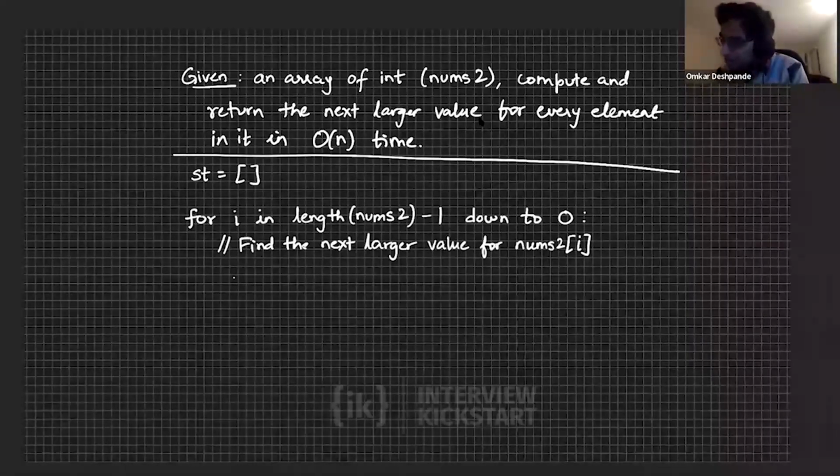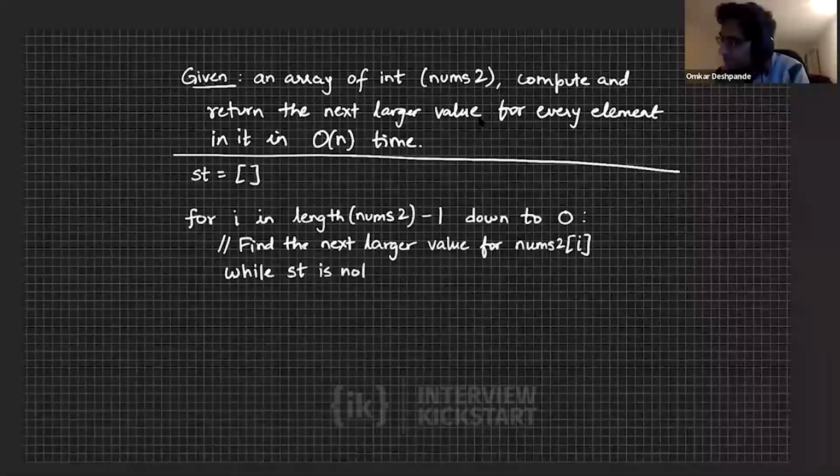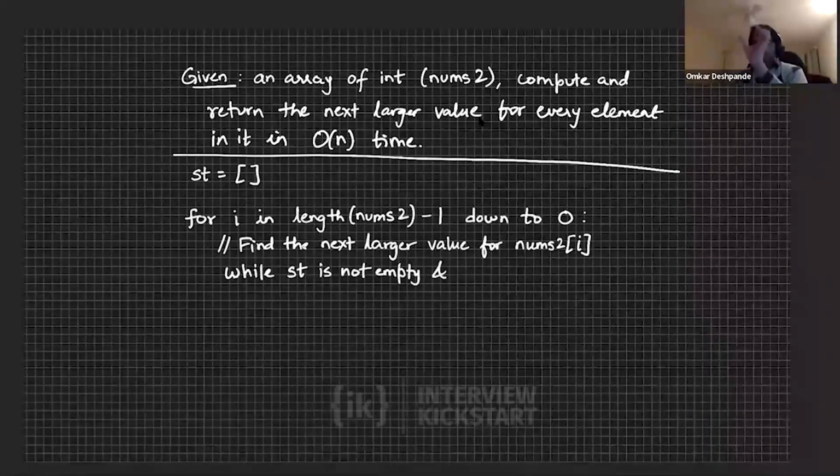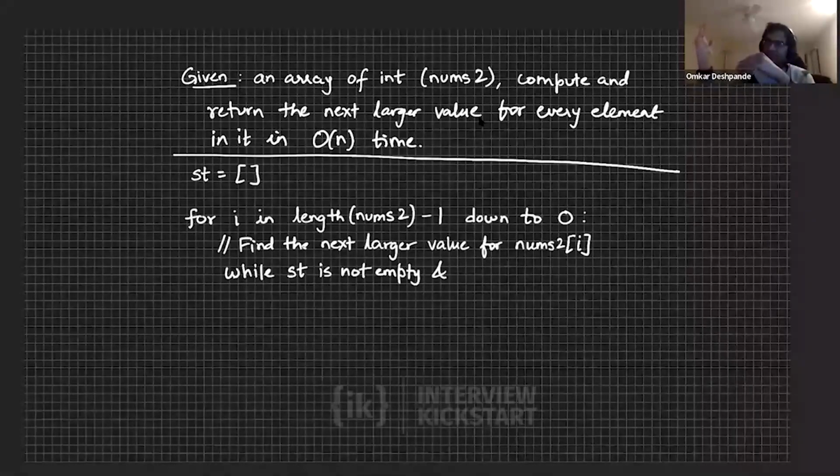And storing it in some kind of mapping. So we'll use the same template: while the stack is not empty, and the top of the stack. As we are going from right to left, we are storing the elements in decreasing order, right? Just like we did in finding the previous larger value. So while the stack is not empty and the element at the top of the stack